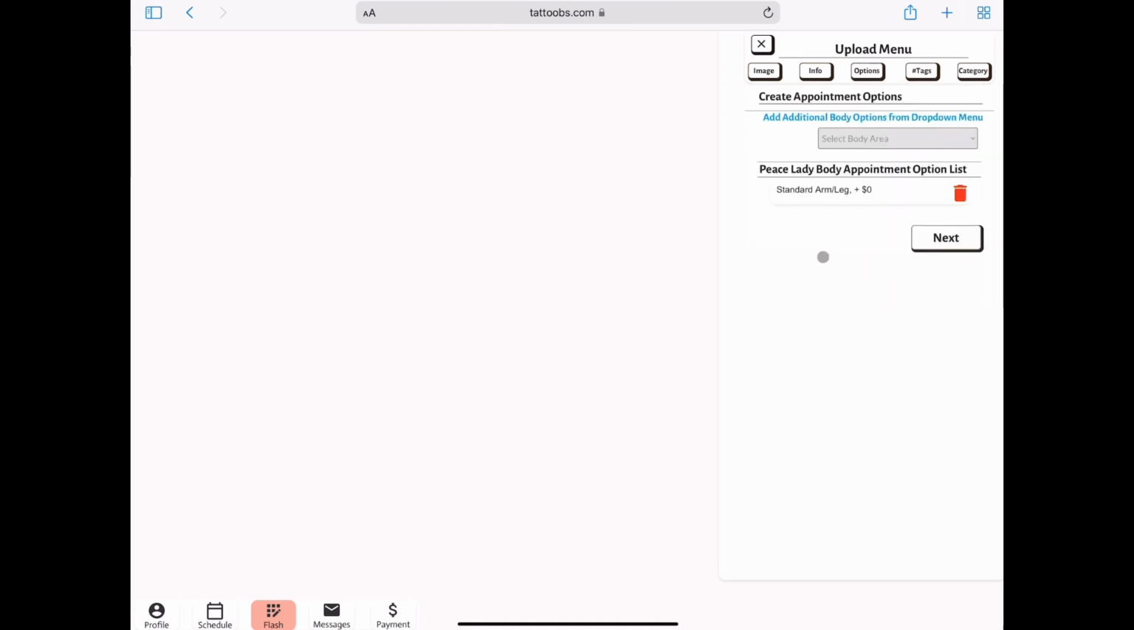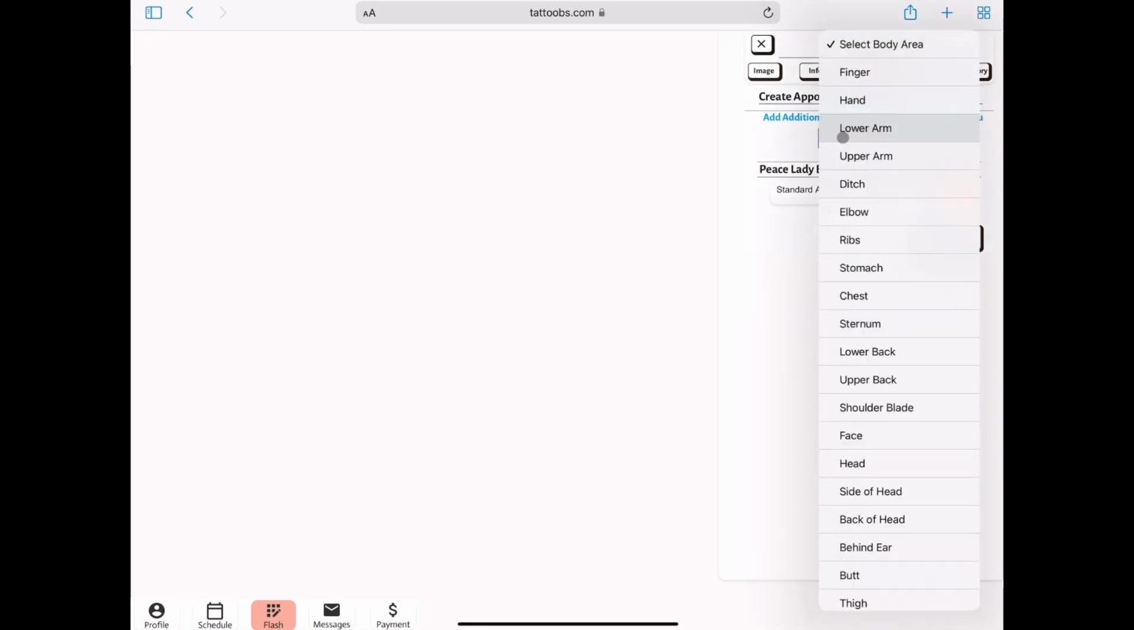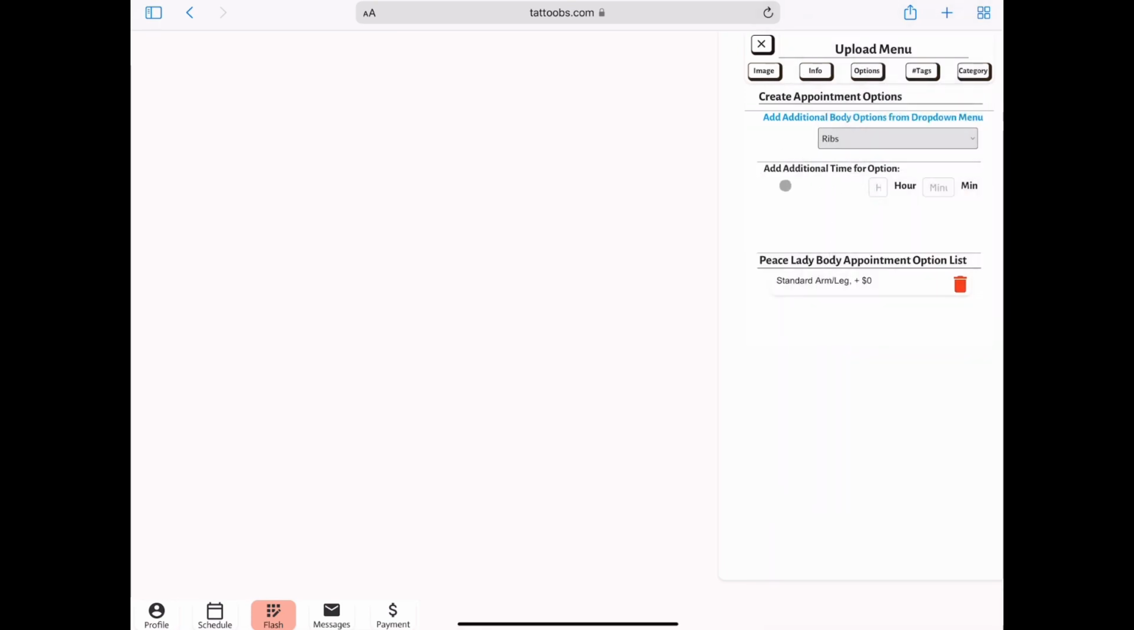If I hit yes, it'll bring me to this section, where I'll be adding more appointment options to the Flash design. So right now it automatically puts in a standard arm and leg placement, which doesn't add any more time or any more money to the design. But let's say we want to have ribs as an option for this design,